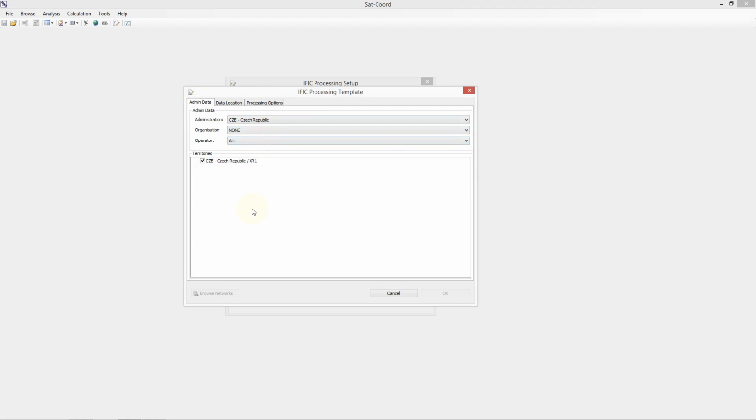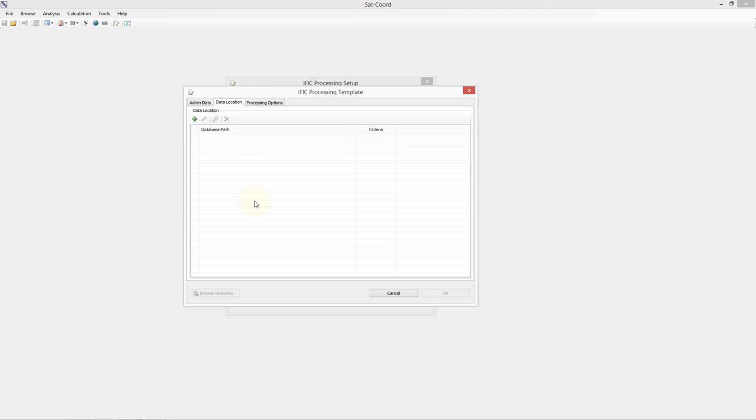The operators are taken from the operating agency field defined in a filing. Please note that if you specify an operator, then only filed networks with that operating agency will be included in your IFIC processing analysis, and some filings, such as advanced publication information, include no operating agency and so will not be included. Once we have defined the administration data, we should choose the data location part of the template